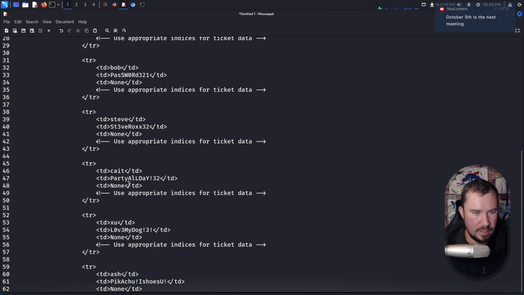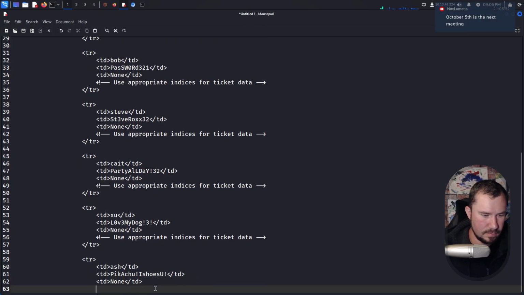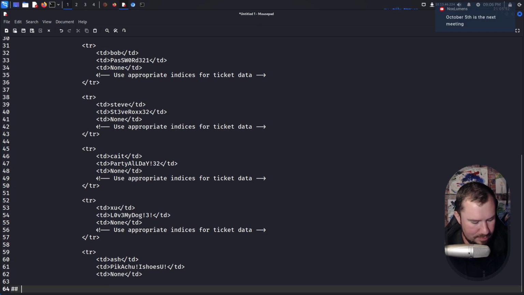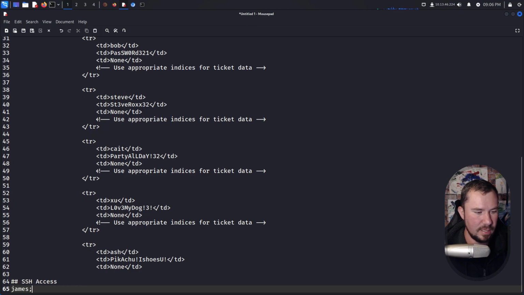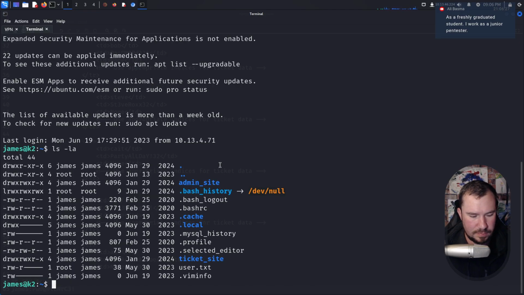So we can add that information maybe. Like I said before, I usually use Notion for taking notes. Apparently I'm using Notepad now, but we'll say SSH access. We have James and then his password right there. But now we have access to SSH. If we ls -la, we see